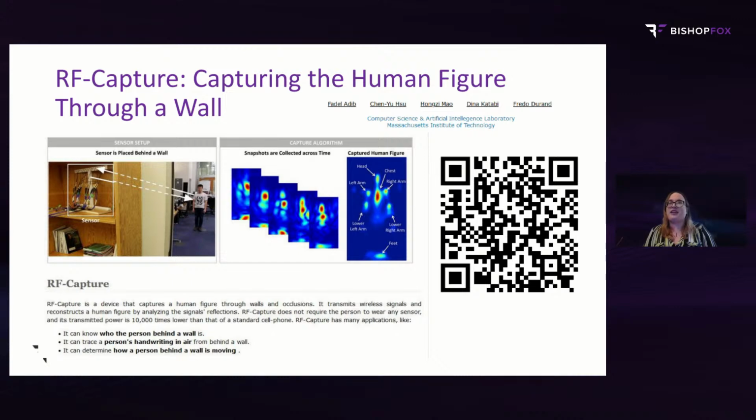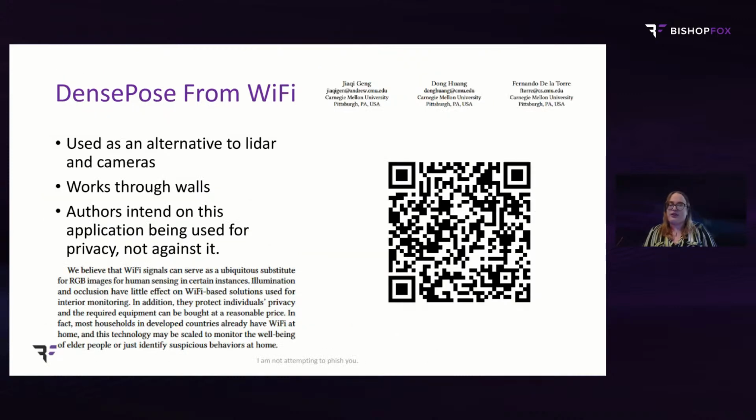Now, this one might not be scary, but this one, Dispels, has taken that to the next level. The authors say that it should be used as an alternative to LiDAR and cameras, actually asserting that this is a privacy win, because if we can replace cameras with this Wi-Fi detection, we will be removing critical pieces of information like one's face, personally identifiable information, pseudo-anonymizing the people that are being scanned. So it is a privacy win for the authors instead of considering it a more dangerous type of surveillance.